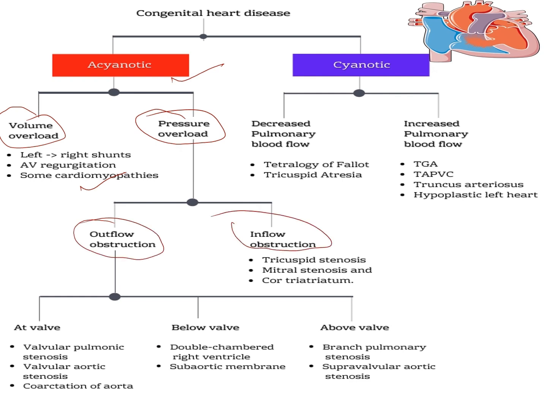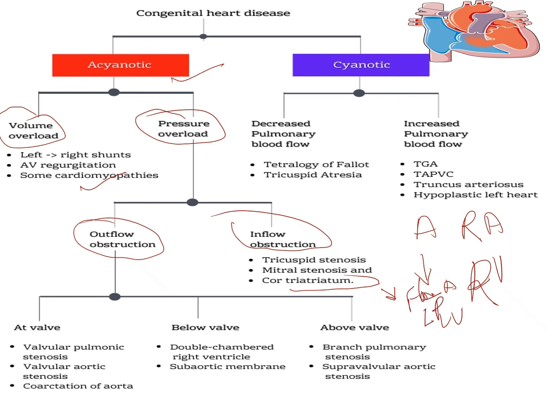Inflow obstruction is obstruction of blood flow from the atrium to the ventricle, which is caused by tricuspid stenosis, mitral stenosis, and cor triatriatum. In tricuspid stenosis, there is obstruction of flow from the right atrium to the right ventricle, whereas in mitral stenosis there is obstruction from the left atrium to the left ventricle. In cor triatriatum, there is a fibromuscular septum noted in the left or right atrium